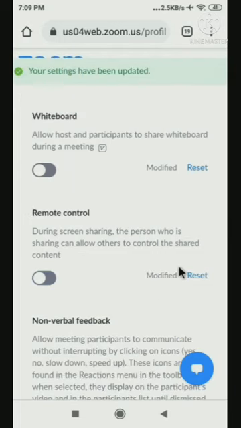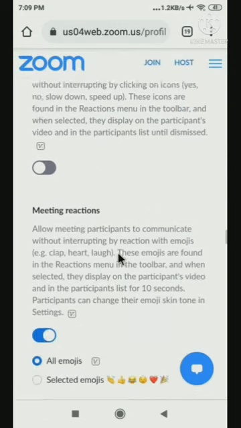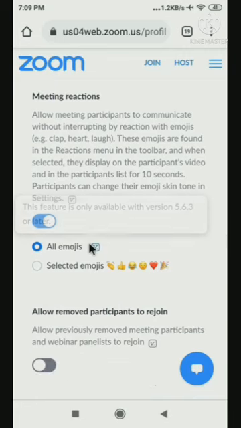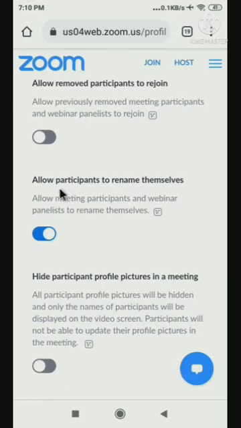During the screen sharing, there is no need to take the remote control. So next, off. Other settings, I think default settings are there, the settings set by the Zoom company earlier. So some are on, some are off. So this should be on. Allow participant to rename themselves, because sometimes we have to tell students to rename yourself as your class and section, and then your name and admission number, otherwise they won't be able to use the buttons.